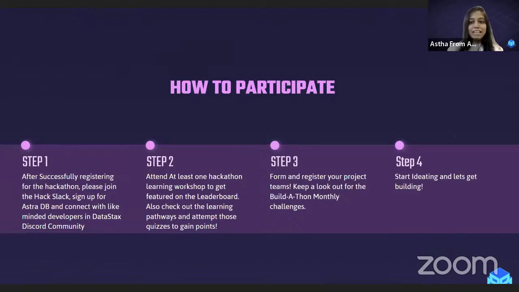With that, we would come to how to participate. Like I mentioned, for the side hustle hack, we wanted to keep it really simple. So just a few steps, 4 steps, with which you can start participating. After you've successfully registered, all you need to do is join the Hack Slack, because that's where all the information about this hackathon is coming up. We would love for you to join. Then sign up for Astra DB. The links are available on our website and also on the Participants Guide. Please go there, click on it, and create your Astra DB account today,